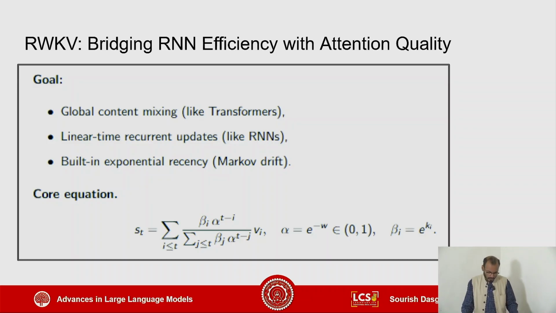So what they say is that, okay, can we have some sort of the same percentage of the Vi's, where V is the value, the same percentage concept? We just keep adding the different percentages of how every single Vi is influencing the Q, but instead of the softmax and the dot product kind of percentage, we do it in a different way. We try to do it in a way which mimics or which models the Markovian drift.